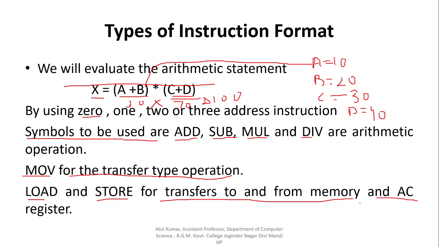This means from accumulator register to a memory, or from memory to an accumulator register. So we will use the instructions load and store. These are different types of symbols that we will use in different 0, 1, 2 and 3 address instructions: